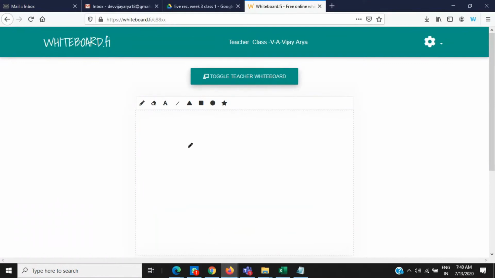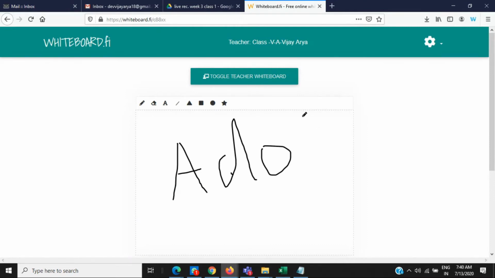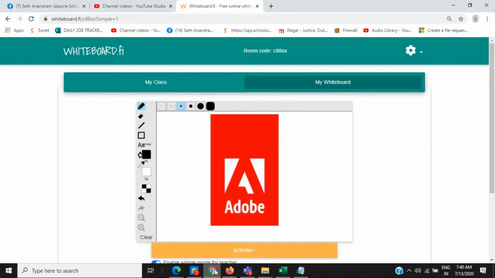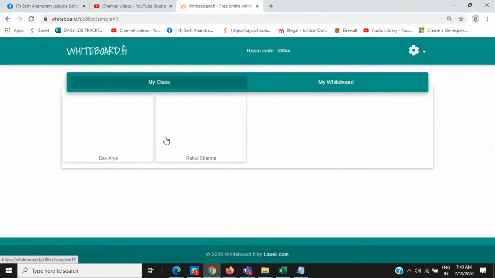They will type, and they can also draw. This is what the student typed, and I can see it in my class.